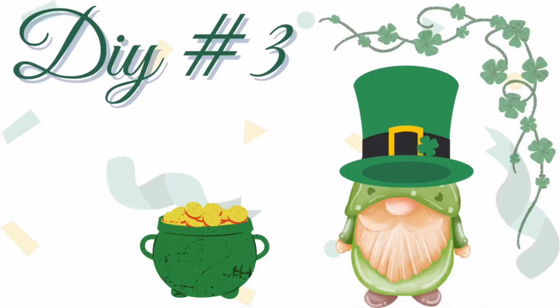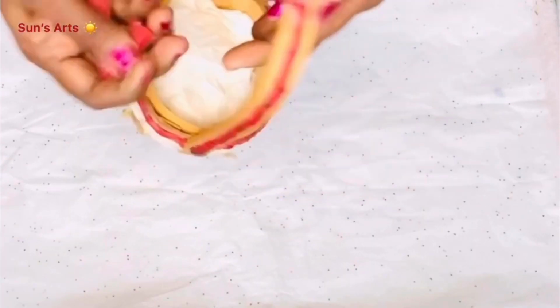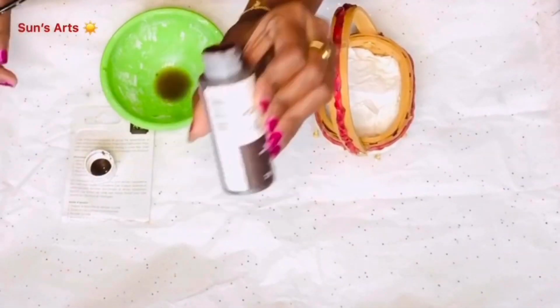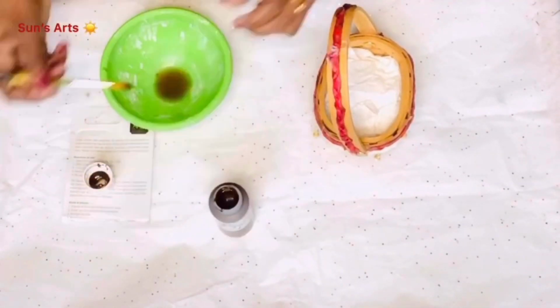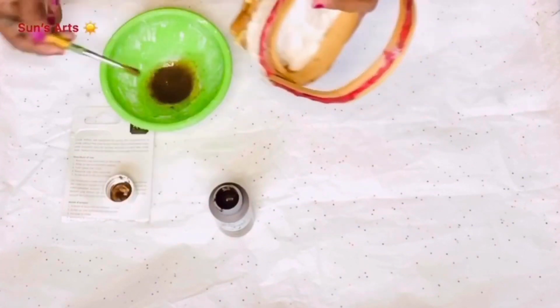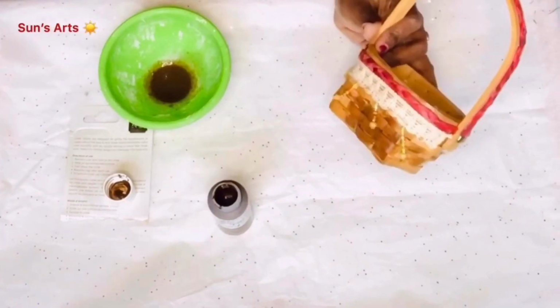On to DIY number 3. For this, I'm going to use one of these cute baskets that I use for fall to hold pumpkins. So I wanted to stain this basket. I'm doing the same technique, taking a little bit of antique wax and water, and then I'm also staining all over it. I already stuck some nice lace bow with the tassel on it, so I was just making sure